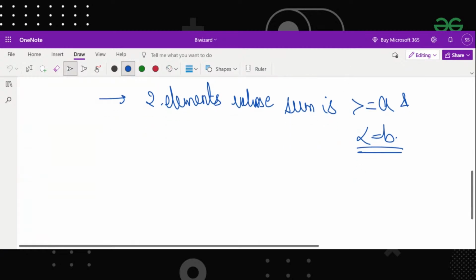As it is clear to us, we are trying to find the sum that lies in a given range, right? So let us say the brute force approach for this question will be